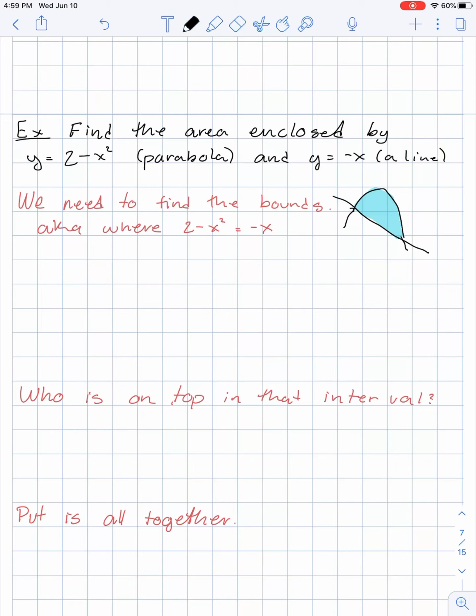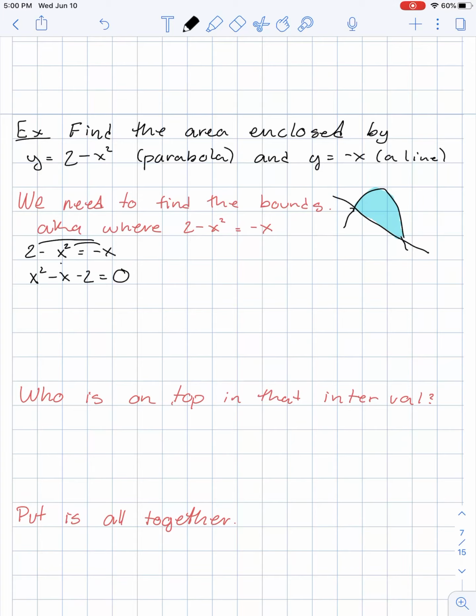So we need to find the bounds. So we need to set these two things equal to each other. So we're going to have 2 minus x squared equal to negative x. I'm going to add x over. So I get x squared minus x minus 2. I actually moved everything onto the other side, equals 0. I did that for the sole purpose of x squared being positive, because that helps me